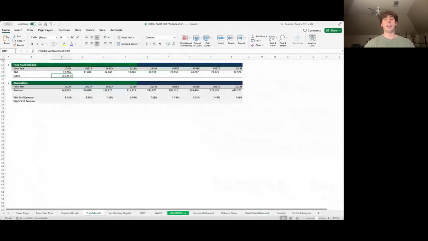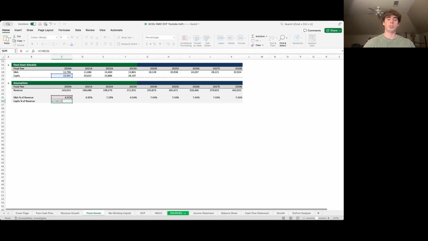Now, I understand this is a negative value, but I will be making it positive. But when we're solving for the company's unlevered free cash flow in the free cash flow page, I will be subtracting it. All I did to make it a positive value was just add a negative sign in front of it. Shift right, Command R to fill in the historical period, and we're going to take CapEx as a percent